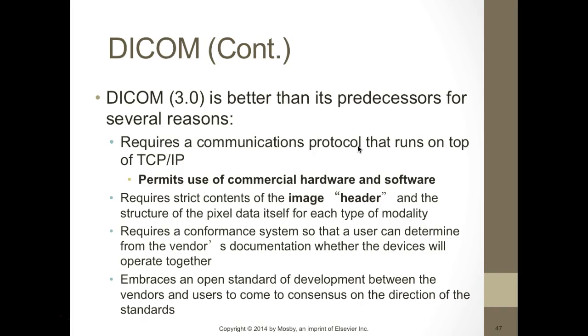DICOM 3 is better than its predecessors for several reasons. It permits the use of commercial hardware and software, and requires strict content of the image header and the structure of the pixel data itself for each type of modality. So it actually has a header on it, which is nice. It requires a conformance system so that the user can determine from the vendor's documentation whether the device will operate together. It embraces an open standard of development between the vendors and users to come to consensus on the